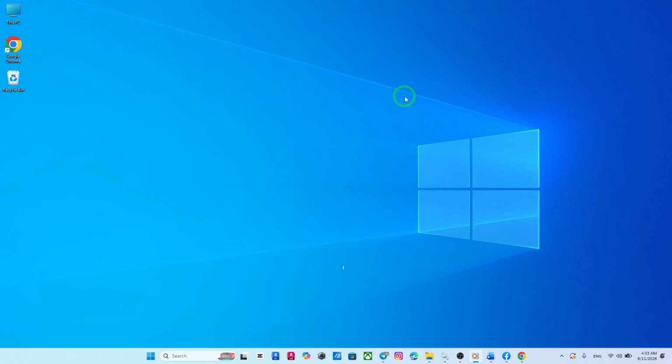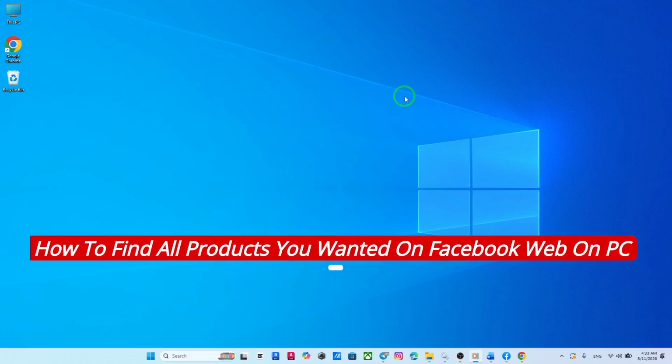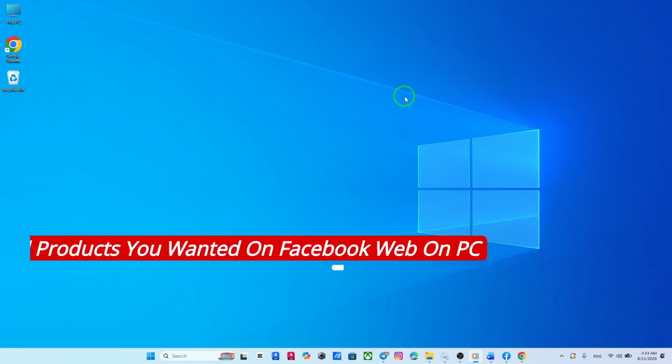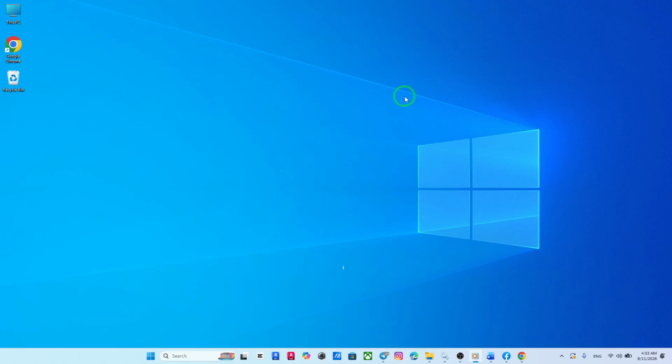Welcome. If you've been trying to find all the products you wanted on Facebook Web on PC after the new update, this quick guide will show you exactly where to go. Sometimes Facebook hides these options in a few extra menus, so if you don't know where to look, it can feel confusing. But once you follow these steps, you'll be able to reach your wanted products much faster and check